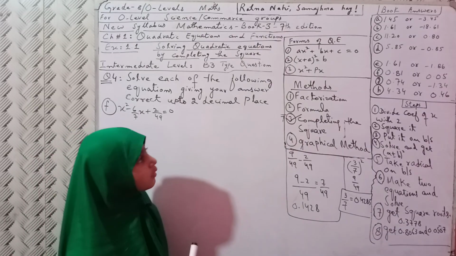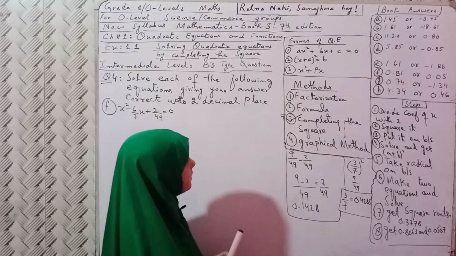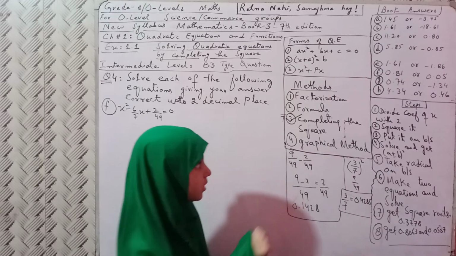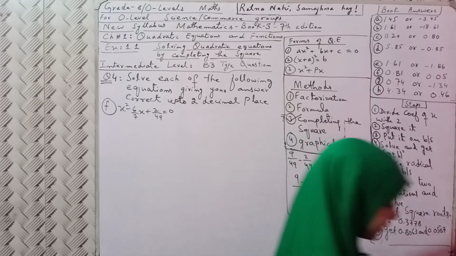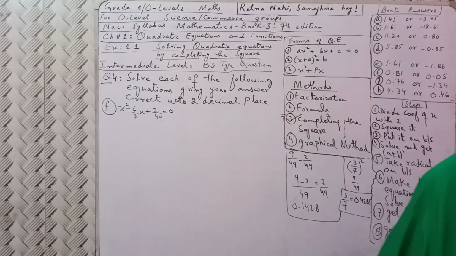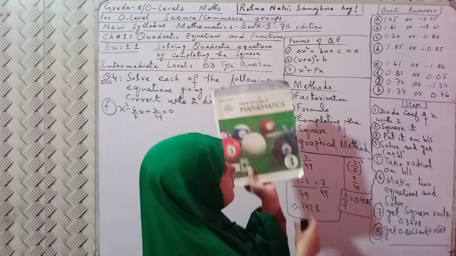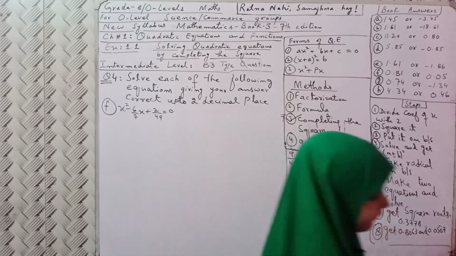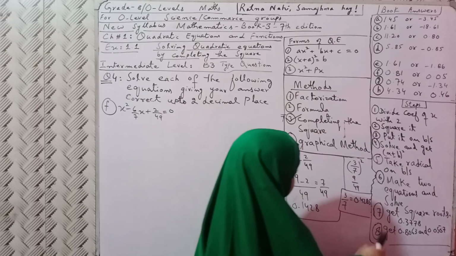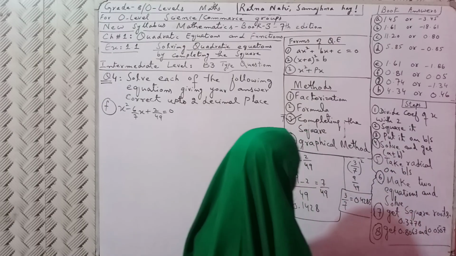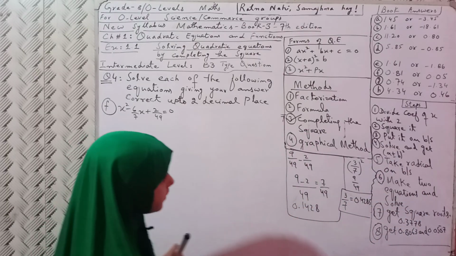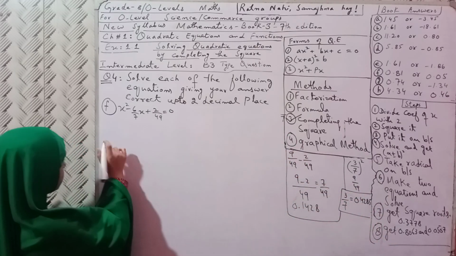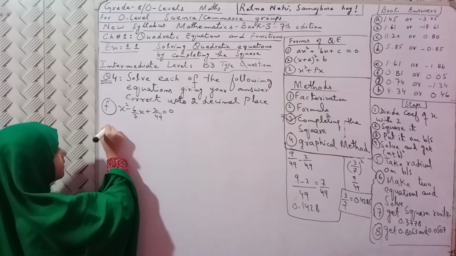Now the forms of quadratic equations are written along with the methods, and today we are going to learn the completing the square method. The book answers and the steps are also written. So the first step is to divide the coefficient of x by 2, square it, and put it on both sides. So here will come x square